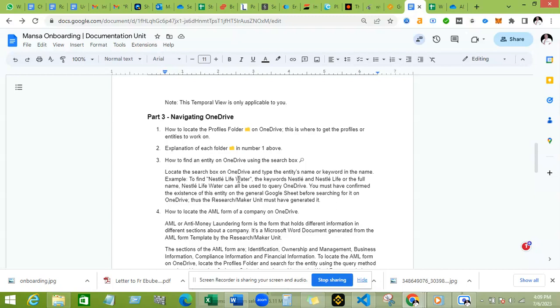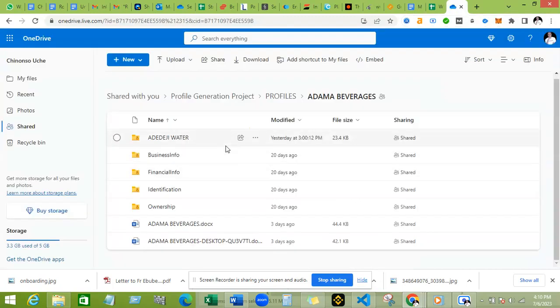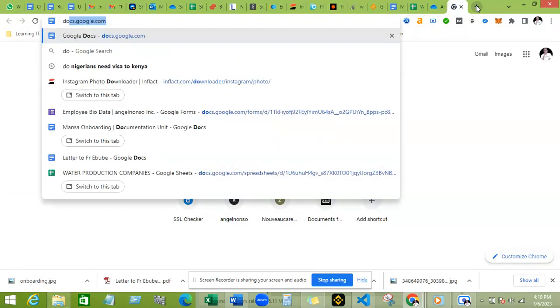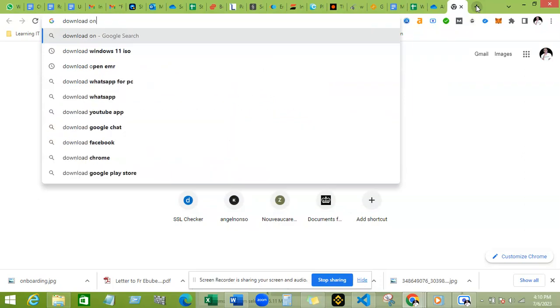So number three, how to find an entity on OneDrive using the search box. I've done this earlier at number one above. But to search, I think my OneDrive is having an issue. It's not updated, I guess. But you can download it to do this better. You need to download OneDrive. You can download OneDrive from